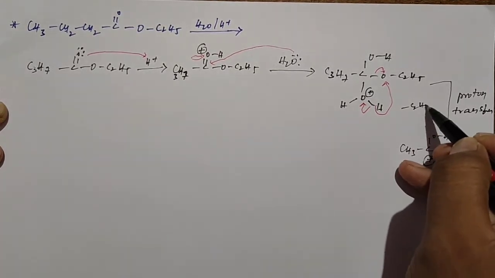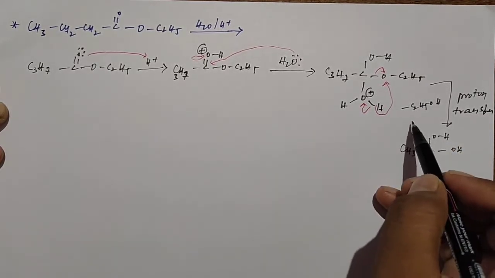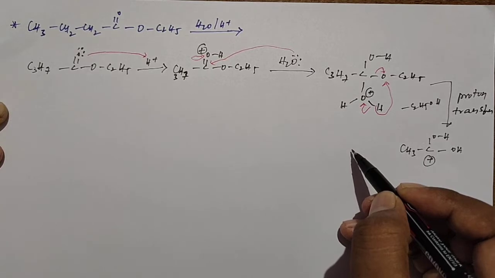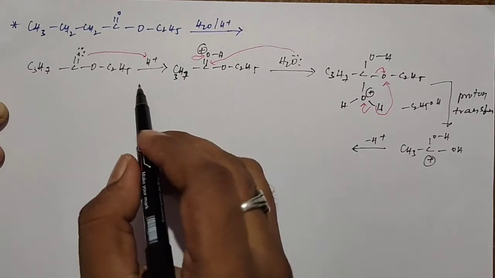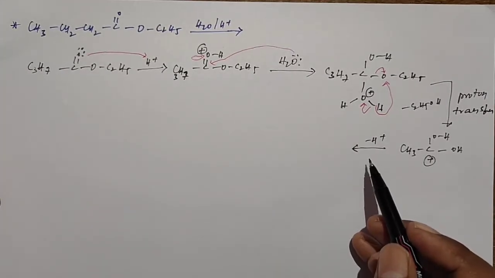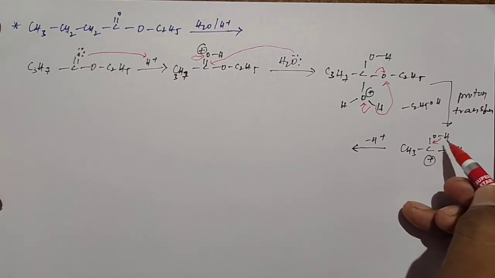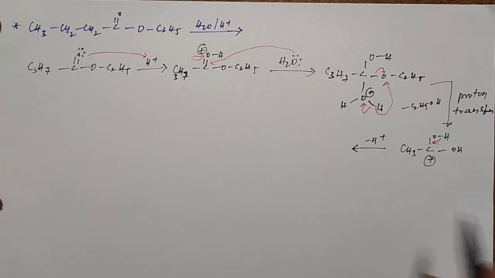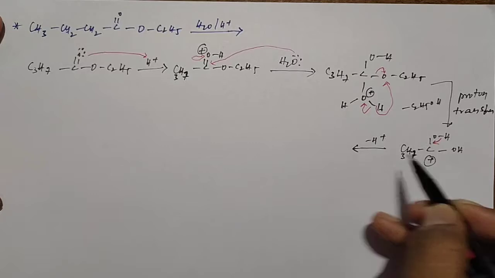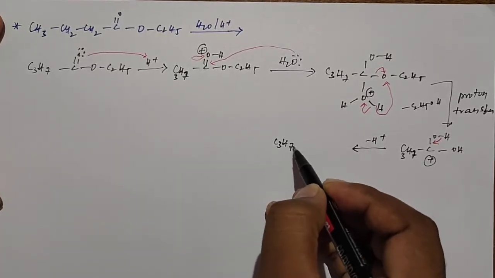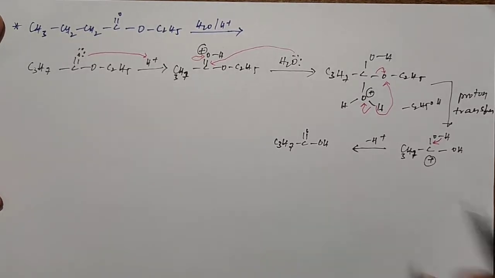Here we just have a C2H5OH, so C2H5OH can be separated. Here we lost the ethyl alcohol. After that, this compound loses the H plus ion. At the starting we added the H plus ion, so in the next step it loses the H plus ion. At that time, these sigma electrons are shifting as pi electrons to here, and the hydrogen atom passes away in the form of H plus ion. Then finally we get C3H7 C double bond OH. So we get butanoic acid. This is the final product.